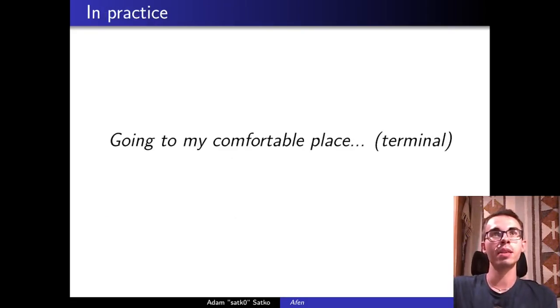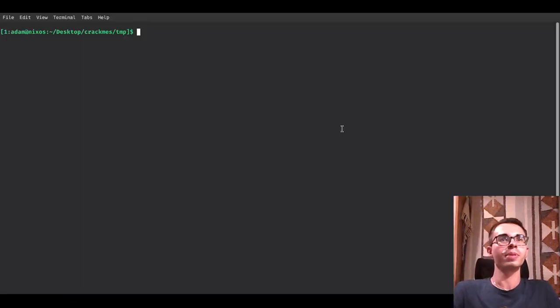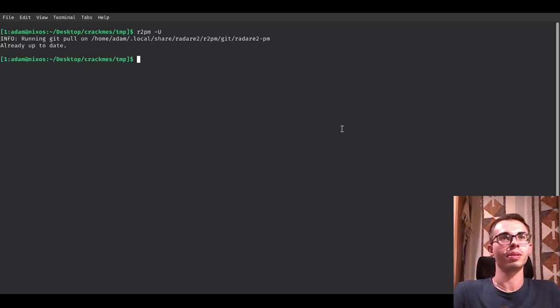And now I would like to move to using the terminal, so stay tuned. Alright, right now I would like to update my r2pm packages, so I would just run this command. Okay, everything works, so we can move on to installing the r2 afen,